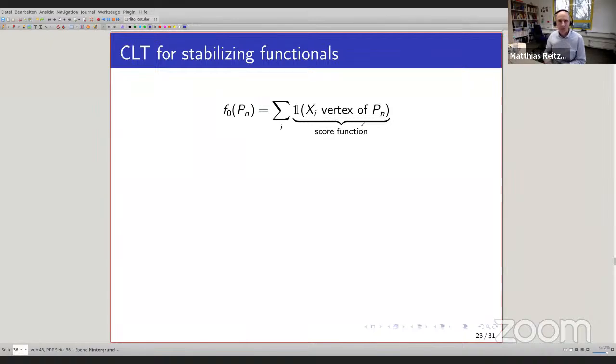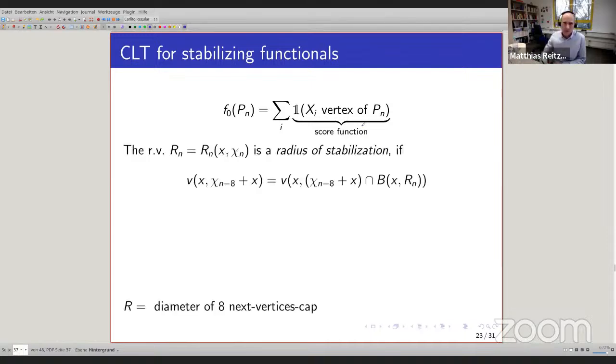So for the number of vertices, the score function is just the indicator function. And these CLTs for stabilizing functions deal with score functions, which are somehow nice. What they need is that the score functions are stabilizing, which means the following. I have my point x here, and I have all the other random points. And stabilizing means that